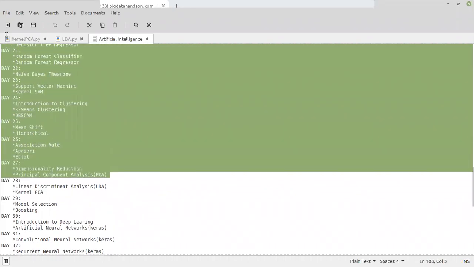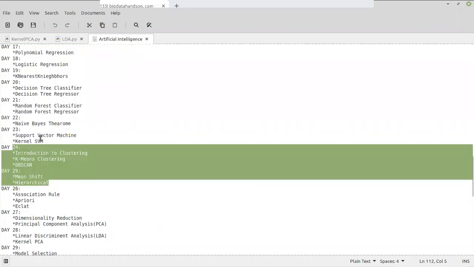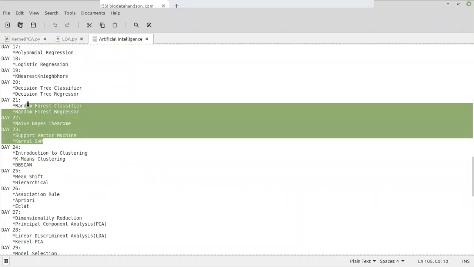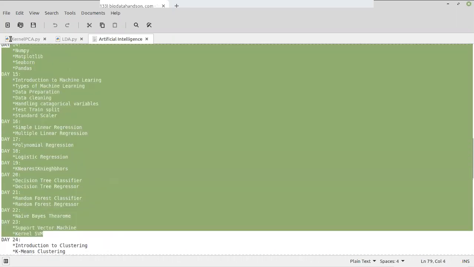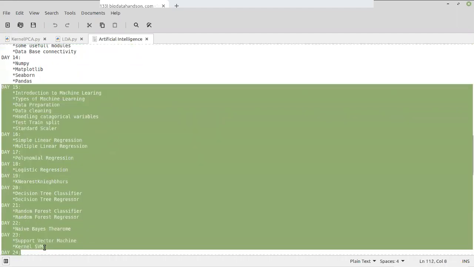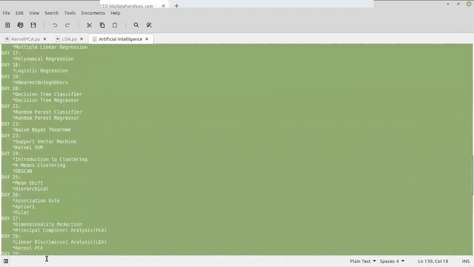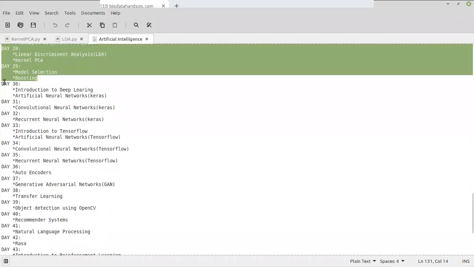and apriori, eclat, mean shift. These are the clustering algorithms, we know that, right? And we have seen support vector machine, naive Bayes, random forest, decision tree. So from day 15 we started machine learning, and now we are going to complete the machine learning algorithms. From tomorrow we'll complete machine learning. So today is day 28, and tomorrow, day 29, we will complete machine learning, and then we'll start deep learning from